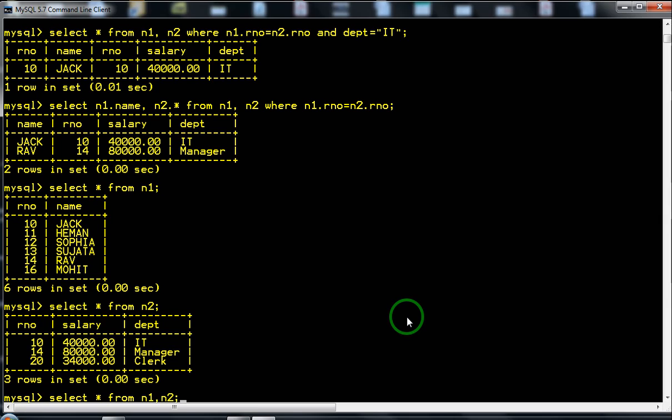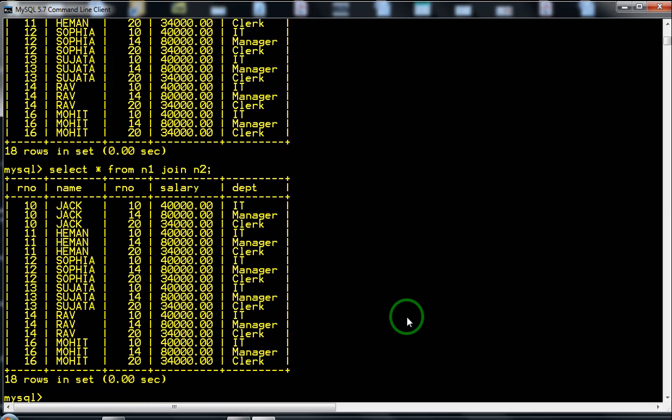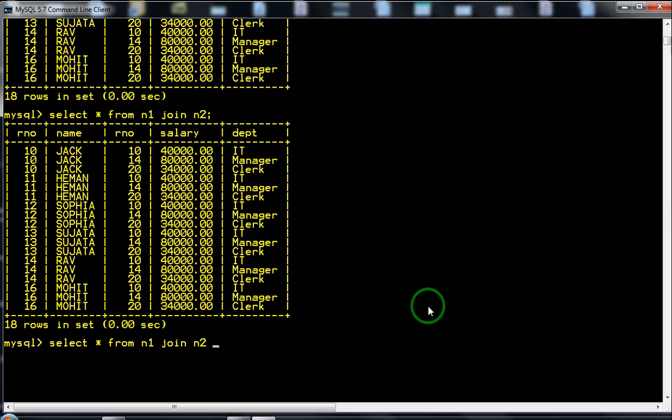That means all the possible combinations will be displayed. One record of one table will make combination with all the records of the other table. This I have already explained to you earlier. So instead of writing this, I can also write join. So it will also create a Cartesian product. Rows will multiply, columns will be added. Now to create an equijoin on common fields of two tables, we can use the on clause along with join. If you use an on clause along with join, you can write it in small letters also.